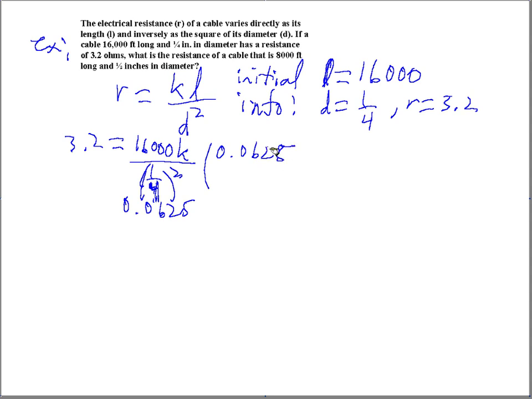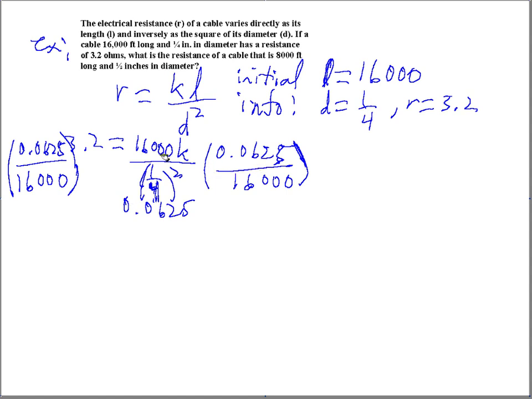There you go, 5 there, sorry about that, that's a 5. Over 16,000. Alright, 16,000. Okay, so it's the same thing to both sides. Alright, so 0.0625. Sketchpad is acting up a little bit. Sorry about that, guys. 16,000. So, anyways, that cancels the 16,000 here,